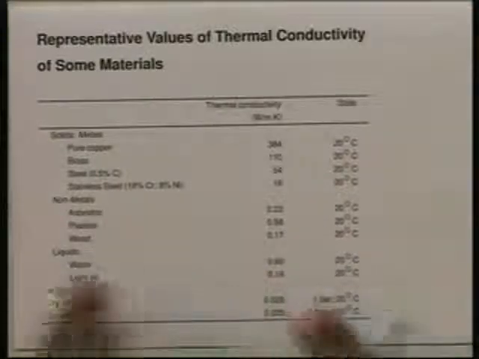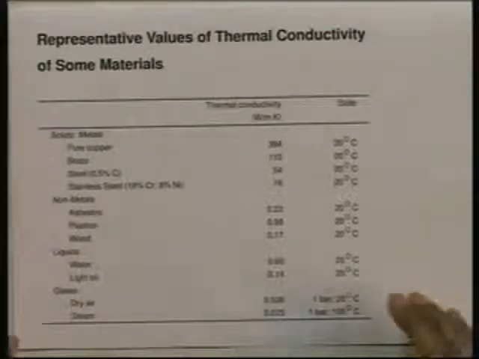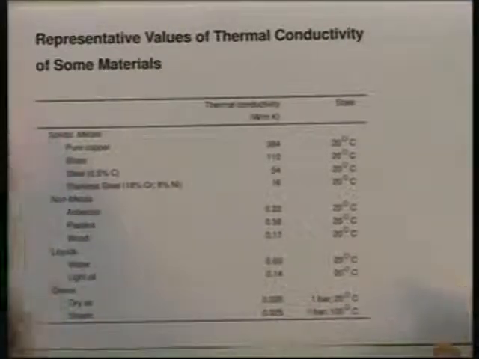So, keep these orders of magnitude in mind, because in future as we go along we may find it useful to use these orders in order to judge the magnitude of a quantity that we are dealing with. Exact values for a given metal you can always get from a handbook. There are measurements made of all the metals and non-metals and materials that we use. People have made extensive measurements of their thermal conductivities. So, there are whole handbooks to get exact values, but it is important to keep approximate values in mind for doing rough calculations.